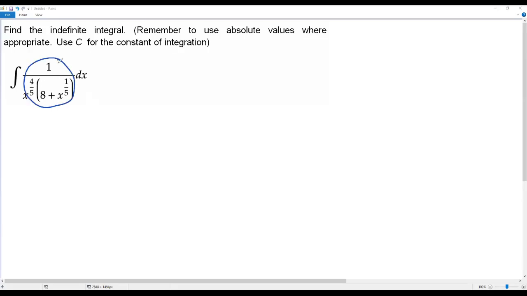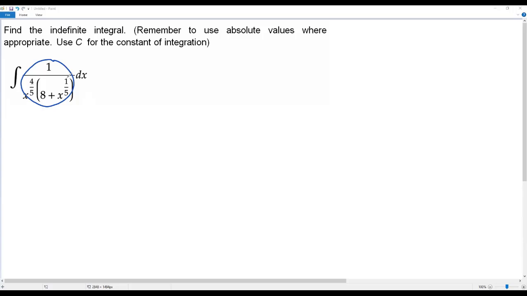Here we have a function that is 1 over x to the power of 4/5 times 8 plus x to the power of 1/5, and we have to integrate this function with respect to x. Okay, to get the integration of this function, I'm going to use the method of substitution. How can I know that I have to use the method of substitution to get the integration of this particular